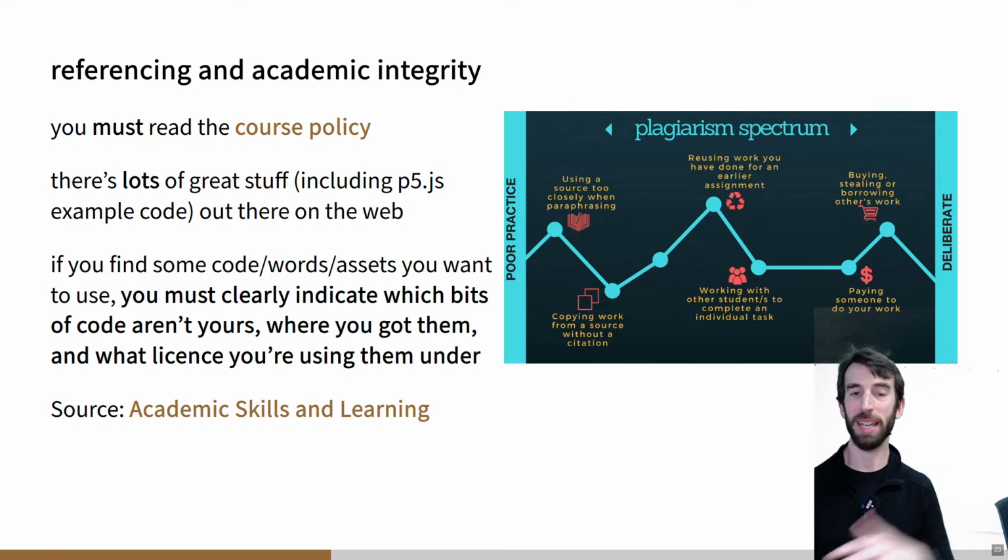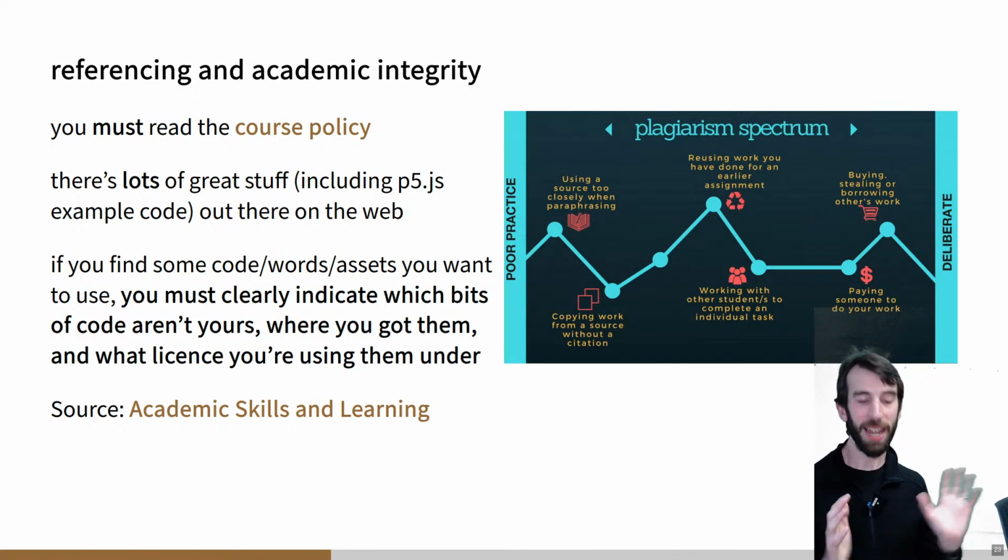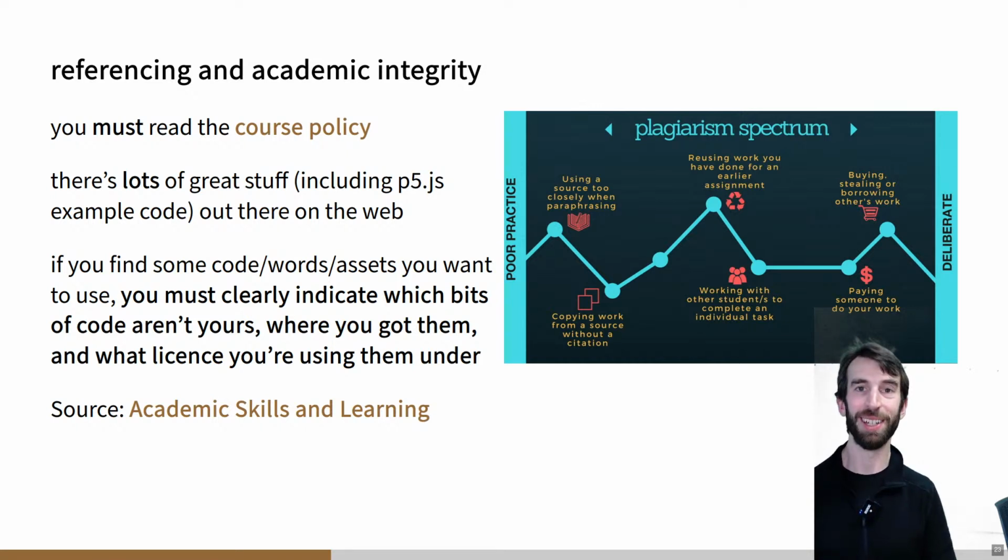So anything you've taken from another source needs to be listed in a special file we provide you called the Statement of Originality file, where you'll list everything that you're referencing in your work. And the point of this is that if you haven't got anything in there, we're assuming that you're presenting this as your own work. And if I find out that you've presented something from the internet as your own work, then it's actually plagiarism. And that's something which I have to investigate. So I don't want to do that.